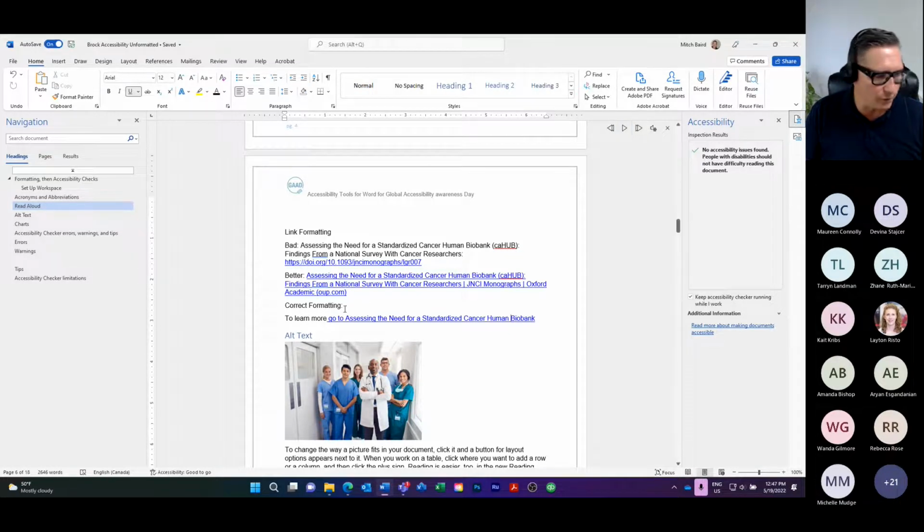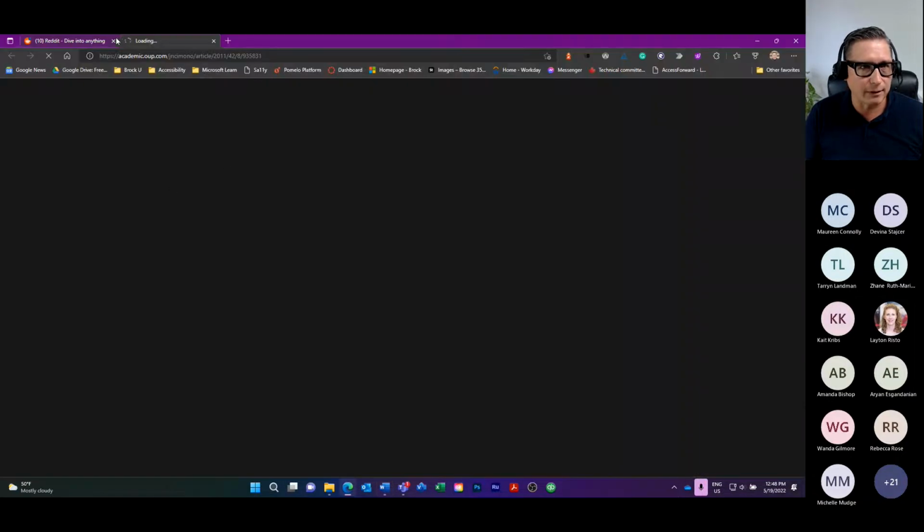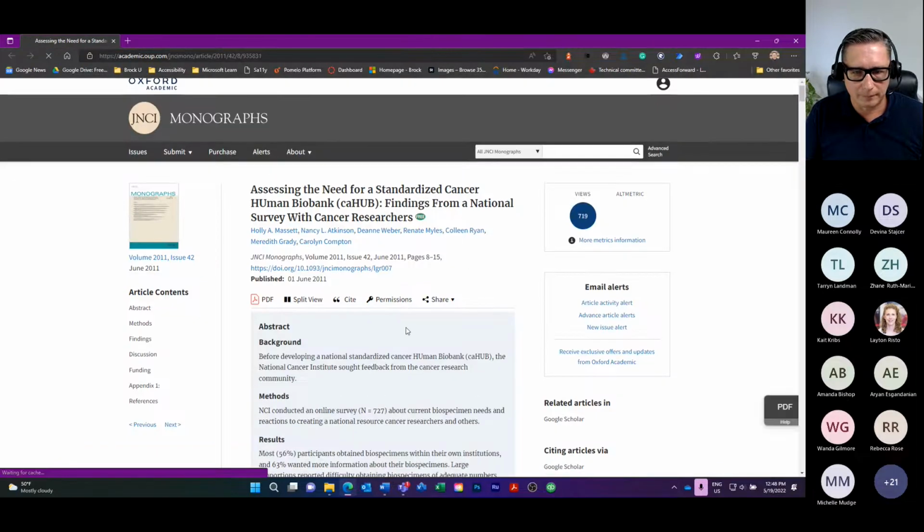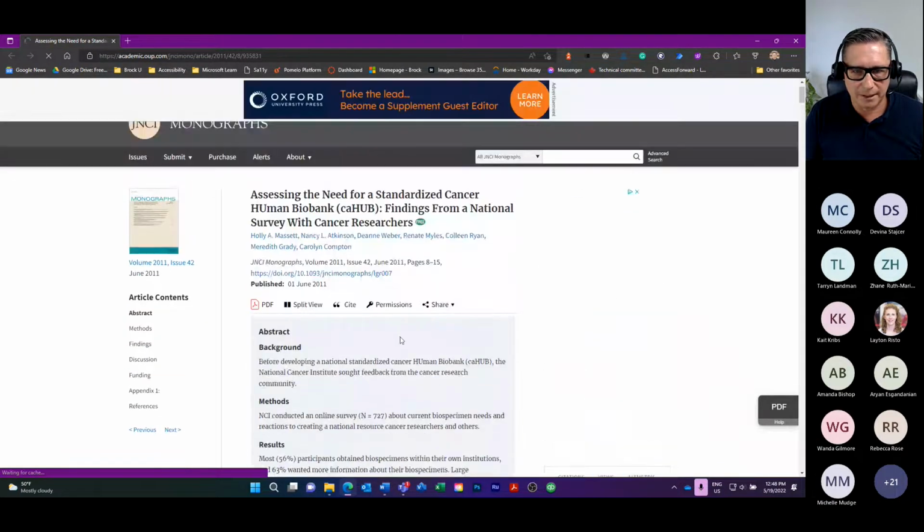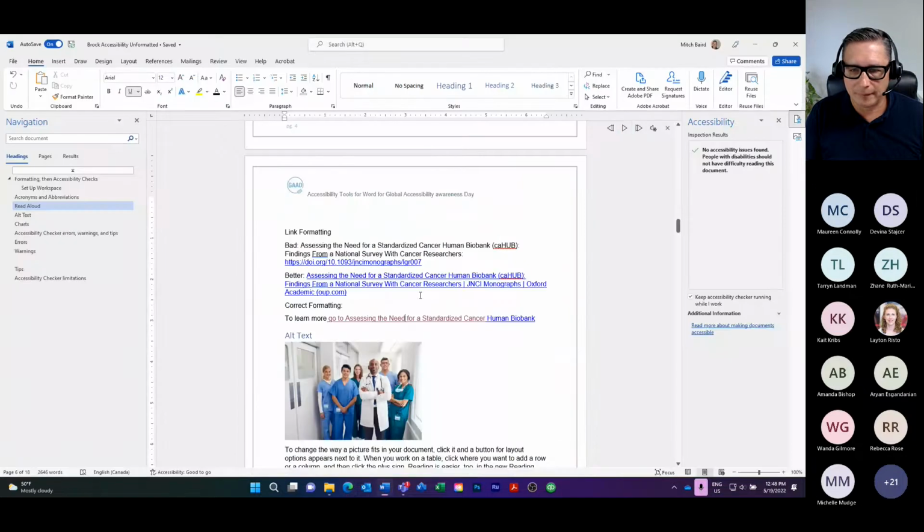And with JAWS and the other screen readers plus Word, people who use screen readers can hit the control and then the link, and it'll take them to that. They'll be able to see that. Right. There you go. Takes them to that link. So that's the way I would format my links. And to do that, if I just remove that hyperlink,